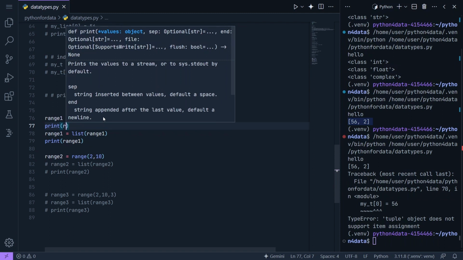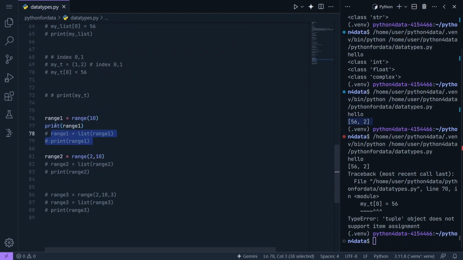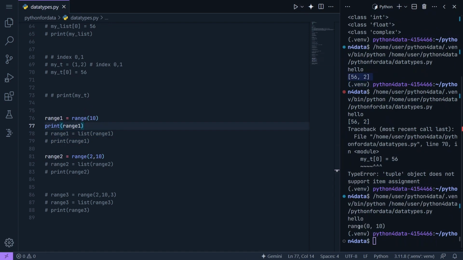So let's see what happens when we decide to print this range of 1. Let's comment out this. When we decide to print the range of 1 here, look at what happens. We have it that is the range of 0 to 10. So if you want to actually see the numbers here, what I'm doing in line 78 is